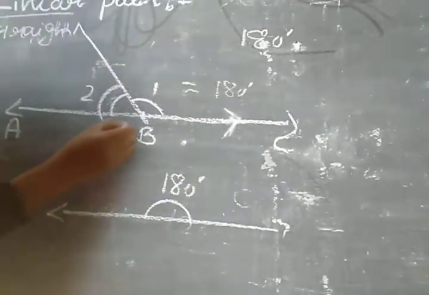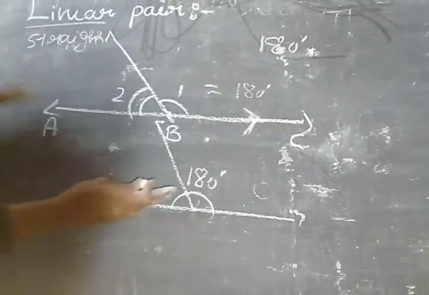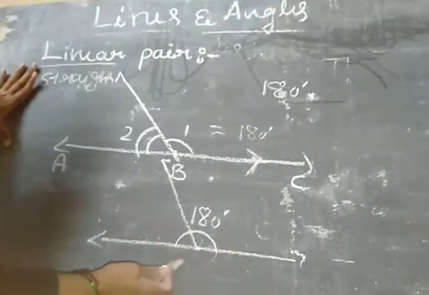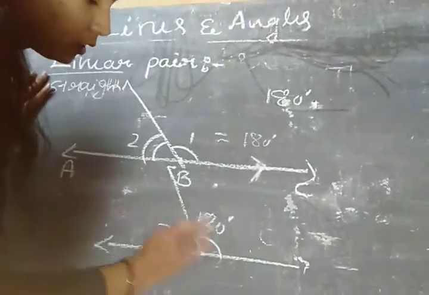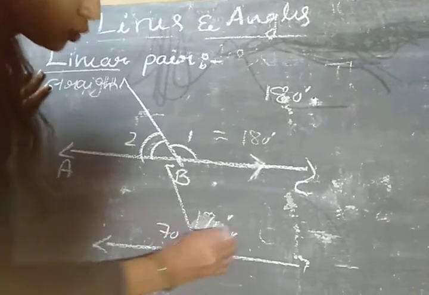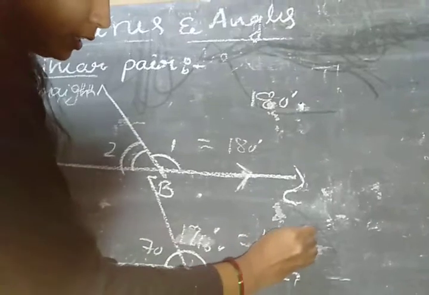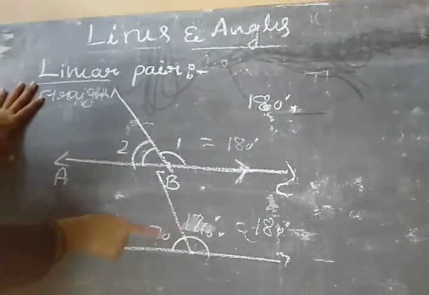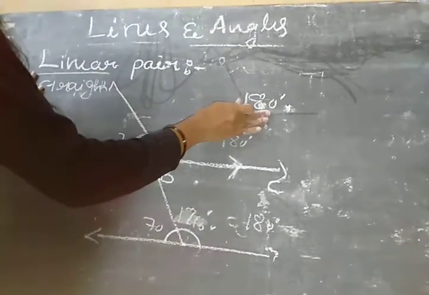So if you draw any line here, this line will divide the straight line into two parts. This angle could be 70 and this angle should be 110. When you add these two, we get 180 degrees. So this is called the linear pair, and angles of a linear pair are always supplementary. Supplementary means the sum of the pair of two